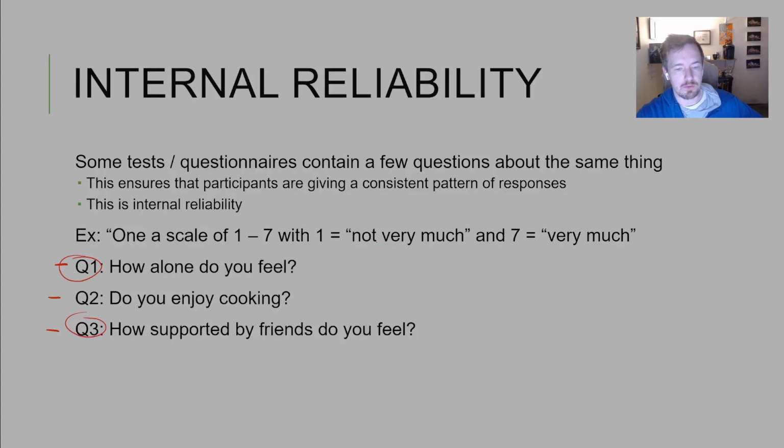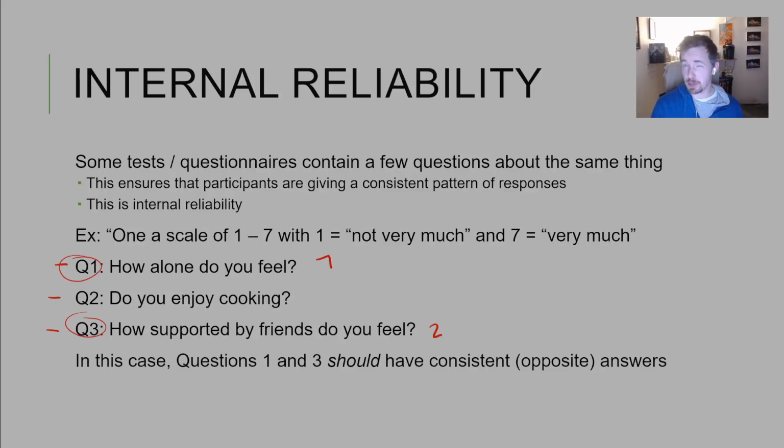If someone here responds with a 7 and they respond here with a 2, that might be cause for concern that our measurement is not very reliable. Maybe it lacks internal consistency, because people are responding differently when they should be responding the same. And that means that we have a problem with the reliability of this scale. The way that we would want to try to fix this then,